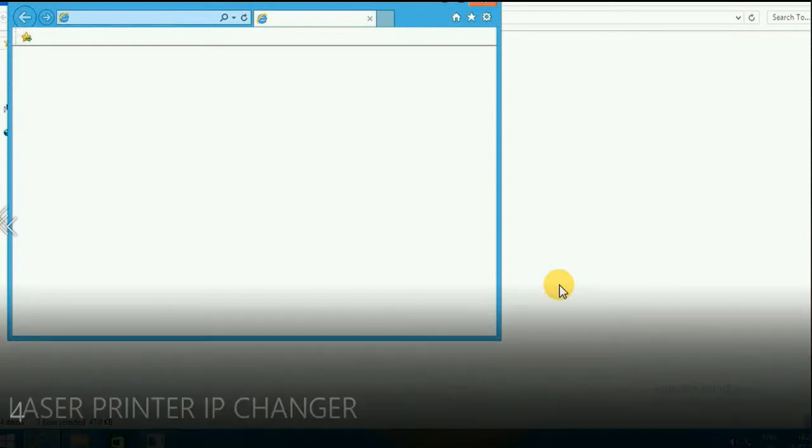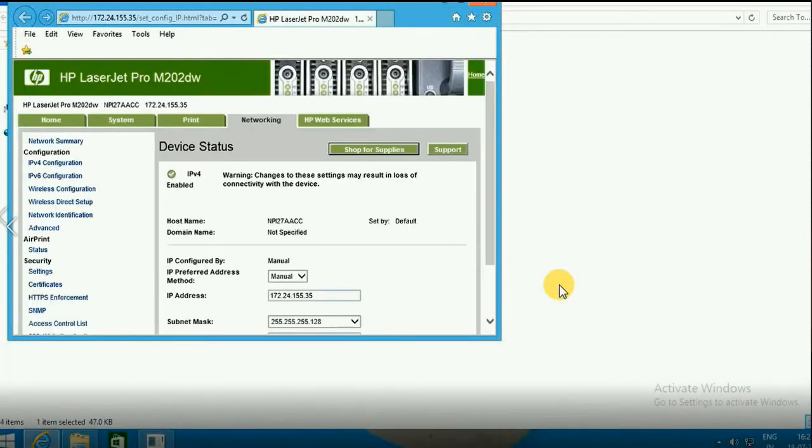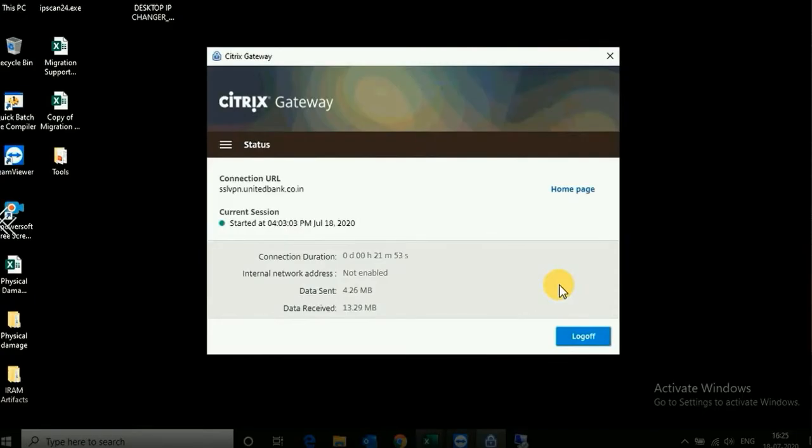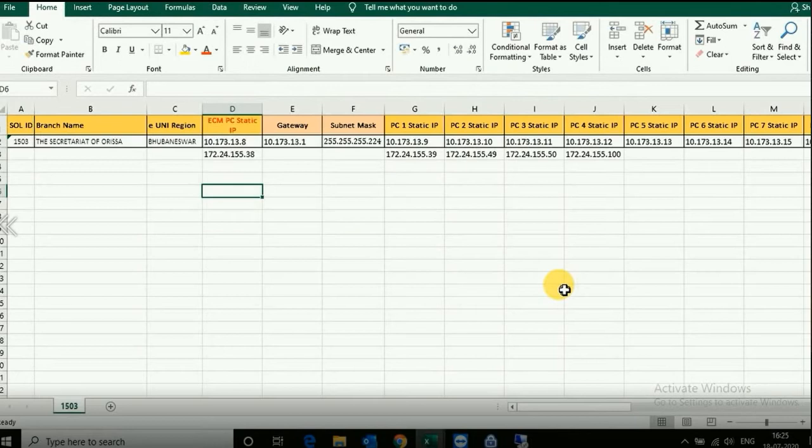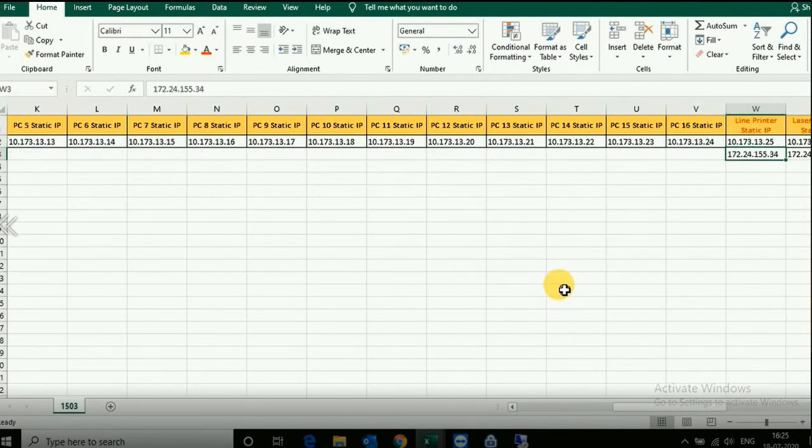Now here we need to use a PC which has the same series of IP. For example, we have an ECM PC with the 172 series. There we need to open Internet Explorer, and in Internet Explorer we need to type the existing IP address of the printer.